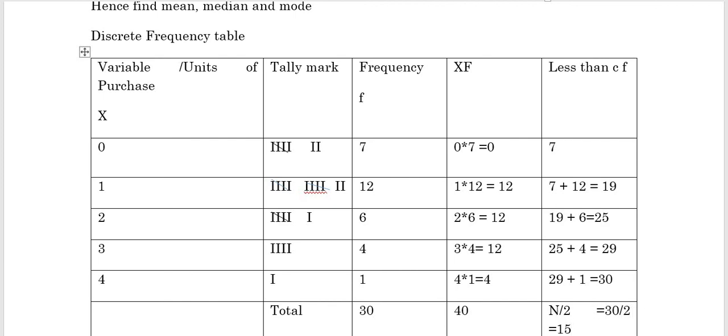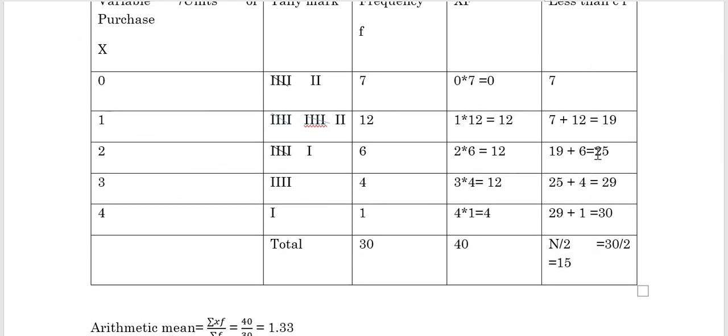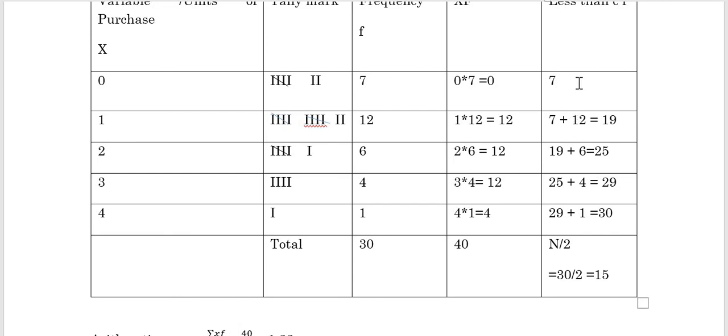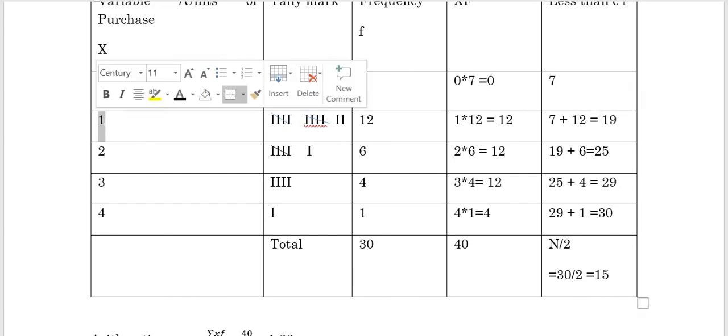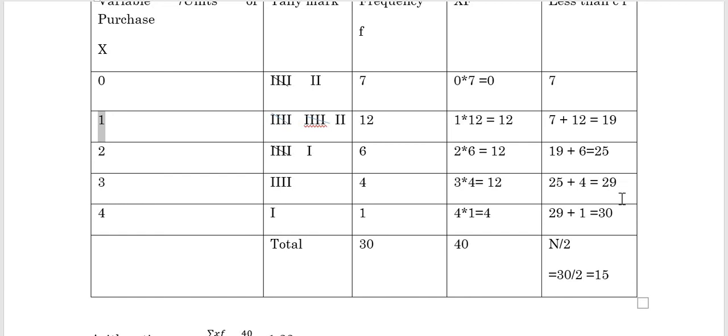So this 15 is compared with the cumulative frequency. Which is the first value that is strictly greater than 15? 7 is not greater than 15. 19 is the first value that is greater than 15. Hence, we will pick up 1 as the median. So, where does the total frequency get divided into 50-50? That is the logic behind it. 19 is the first cumulative frequency that is strictly above N by 2. Hence, the median is the value that corresponds to that cumulative frequency.